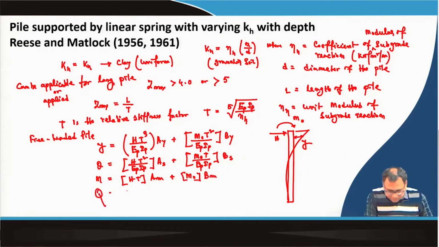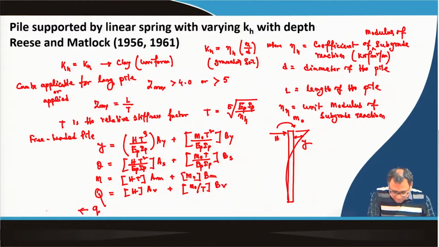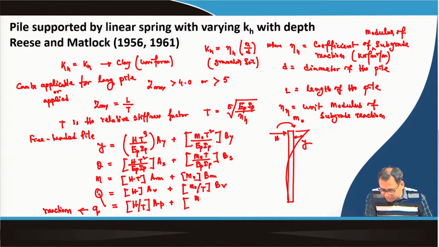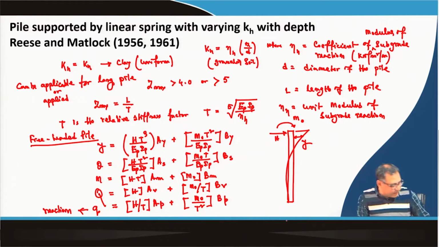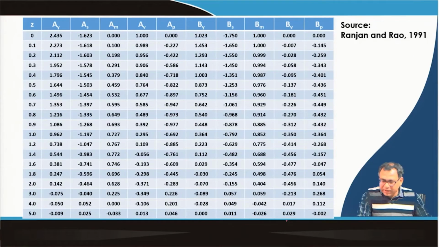Shear force is H A V plus M0 divided by t, B V. Then the reaction, this is small q, H divided by t, A P, plus M0 by t square, B P. So these equations are valid for free headed piles and the coefficients will be determined by